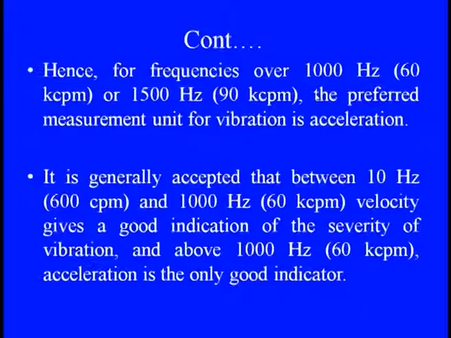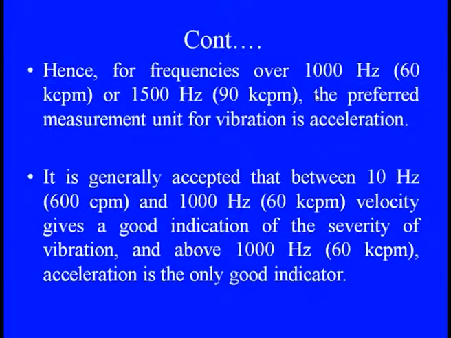That means the acceleration depends not only on the amplitude, but also on omega square. So, when we are talking about the high frequency zone or ranges, acceleration is the only parameter which will characterize correctly the vibration significance. When the frequency is over the range of 1 kilohertz, or 60 kcpm, or even more than 1.5 kilohertz, the preferred measurement is absolutely the acceleration,